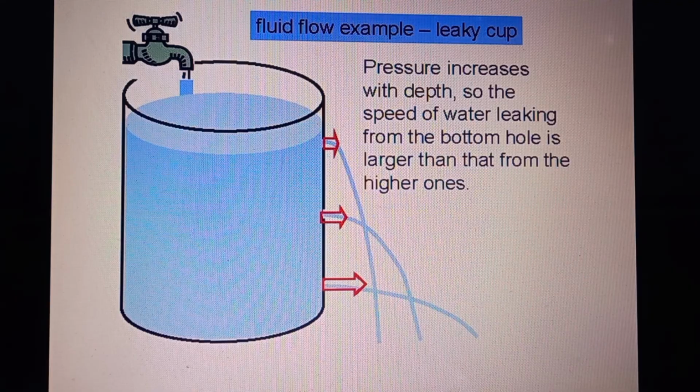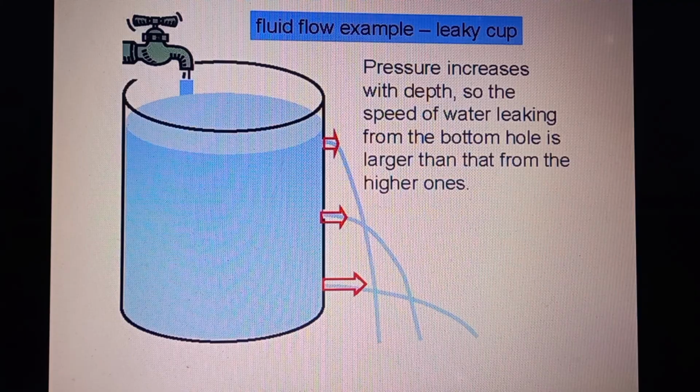So what have you observed in this portion? In this case, on the upper part, as you can see, the higher the hole, the slower the speed of the water spurts. While the second hole,